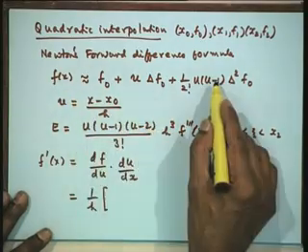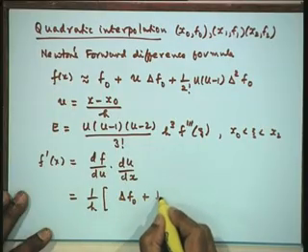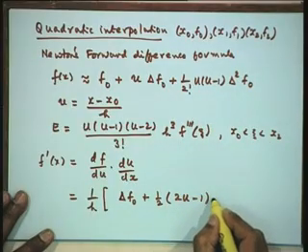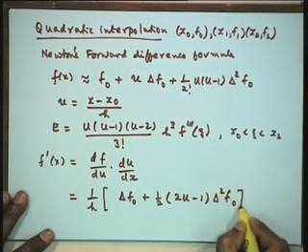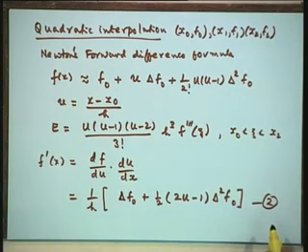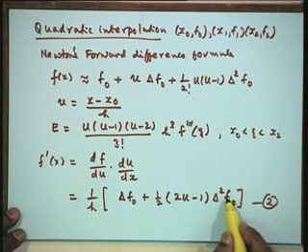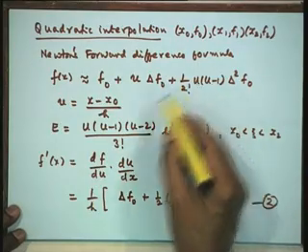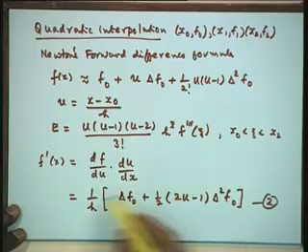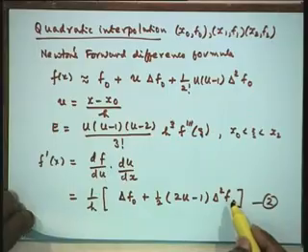Now we differentiate this with respect to u, therefore I will get delta f naught, and this is u squared minus u, so differentiating it gives 2u minus 1 delta squared f naught. Let us number this as 2. Therefore, we have the expression for the derivative, very simple. We have the first forward difference and second forward difference. If I want it at a nodal point, I will take the nodal point. If it is a non-nodal point, then u has a different value. I can substitute that value and find the derivative at any nodal or non-nodal point from here.